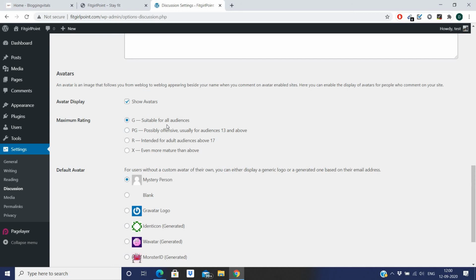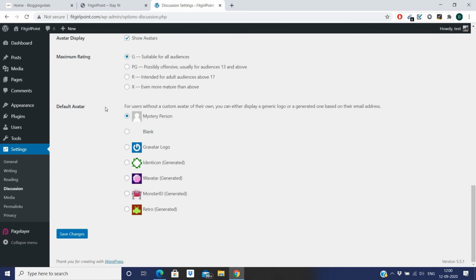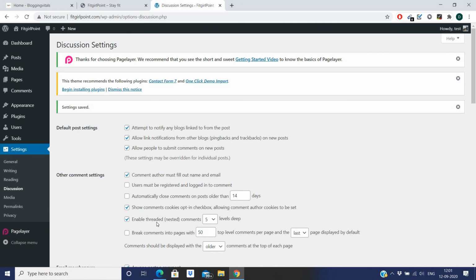And then the rating for your site: suitable for all audiences, G. So if your site is suitable for everybody or there are no age restrictions, then keep it as it is, like G, or otherwise you can change to PG or X according to your age criteria. Then this default avatar option, you can change it if you want. I am not changing it. And then hit the save changes button. So all the changes are saved in the discussion settings.